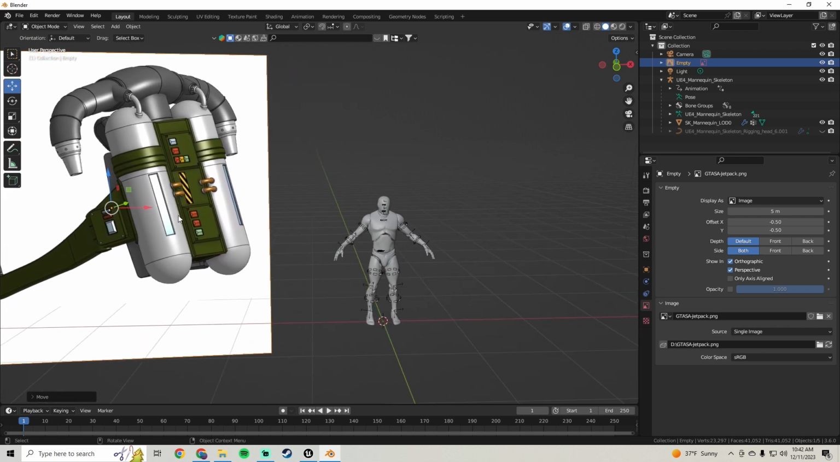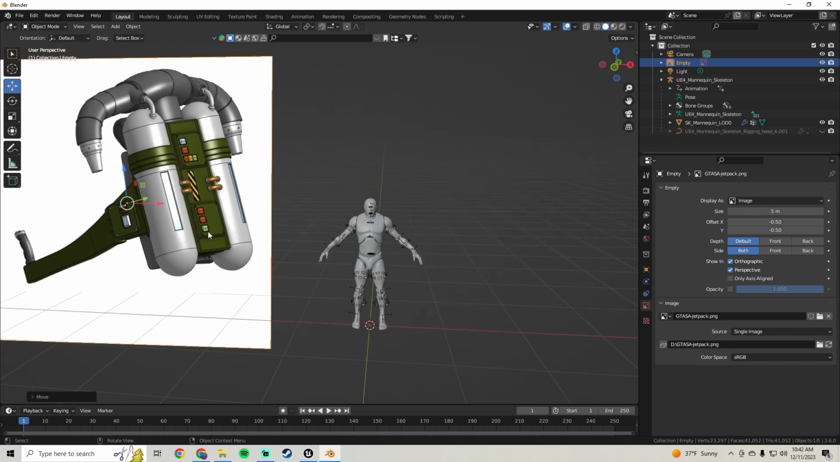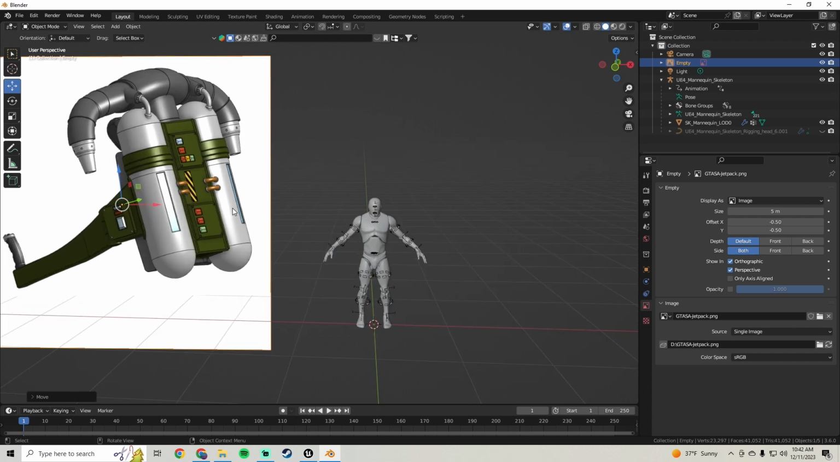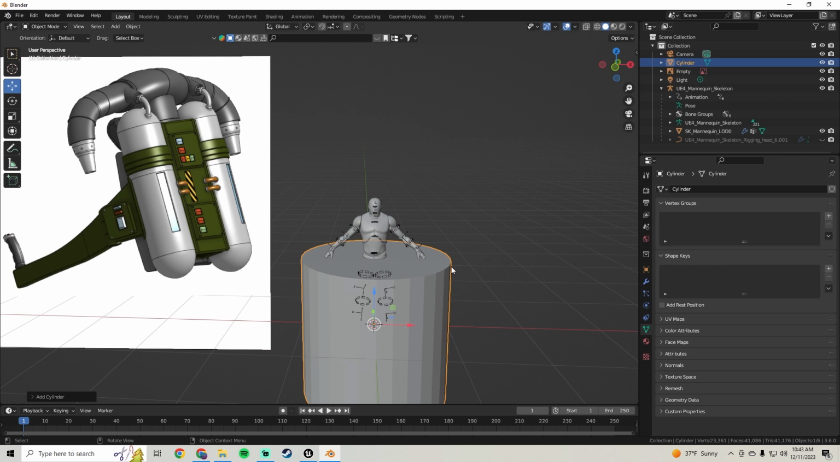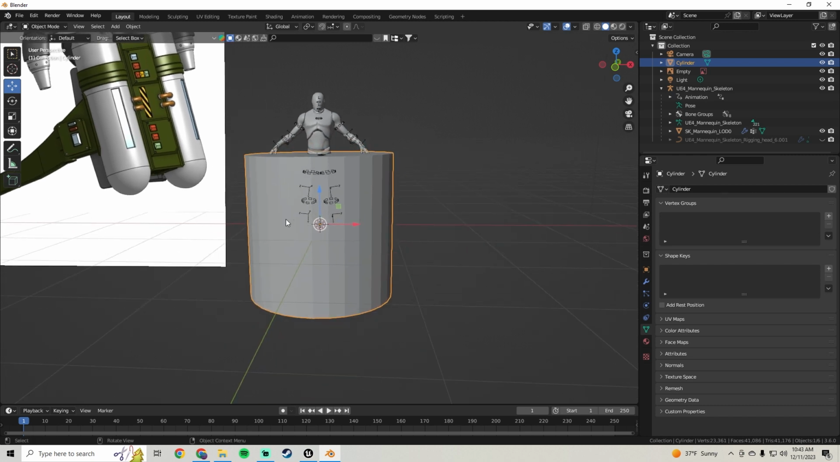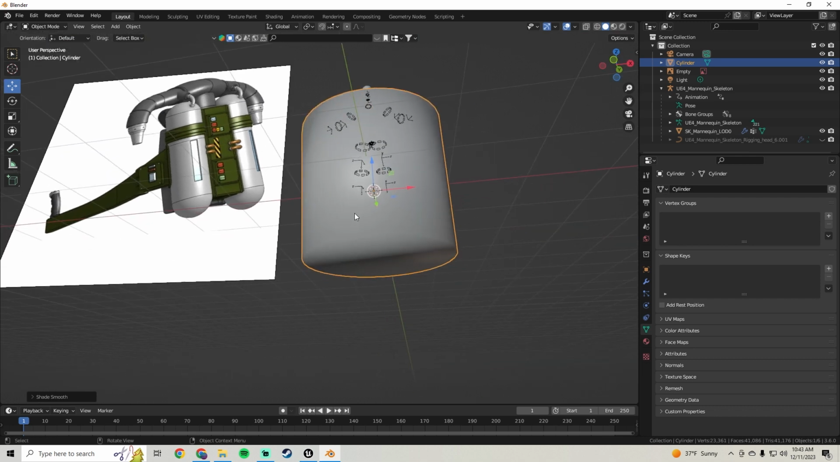Depending on if you want to make it this detailed, like with the glass and stuff, I would probably, well, yeah, let's grab a cylinder. Let's grab a cylinder. I can show you some cylinder stuff. So we can do that, and then